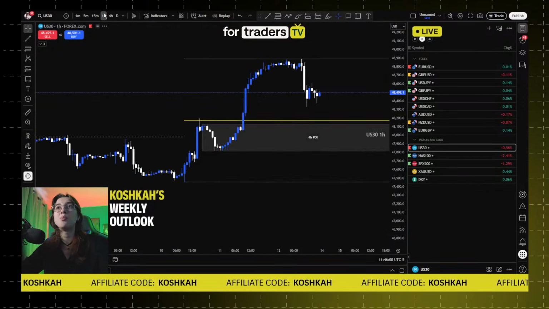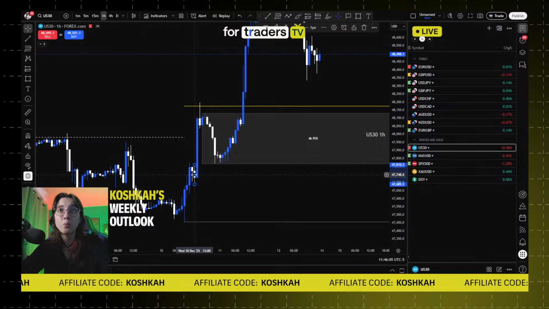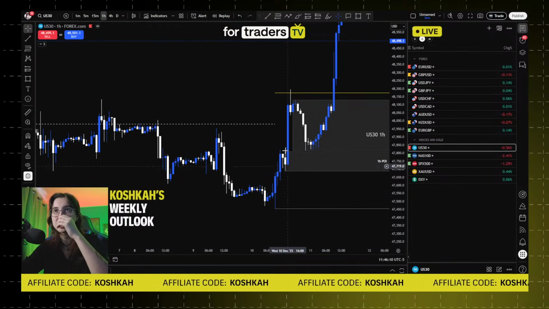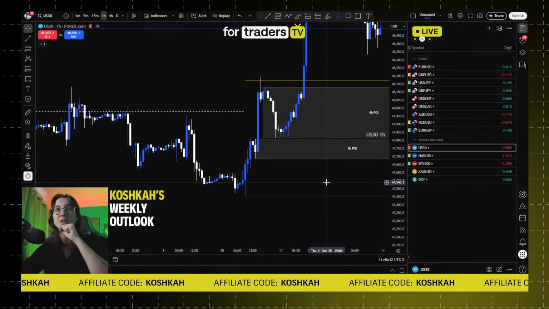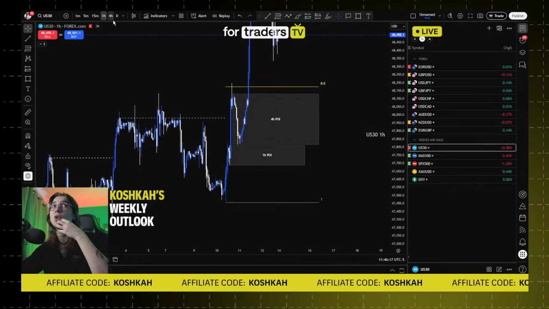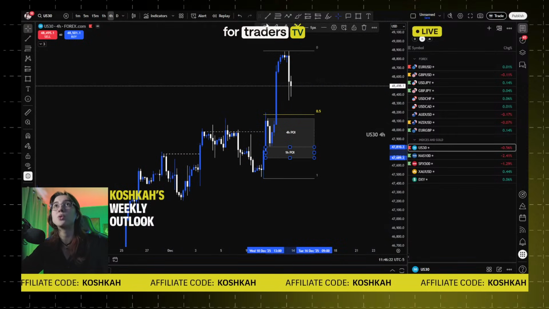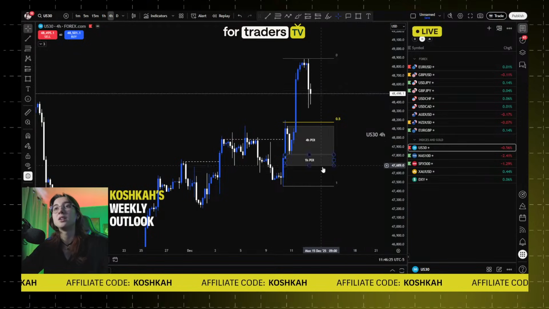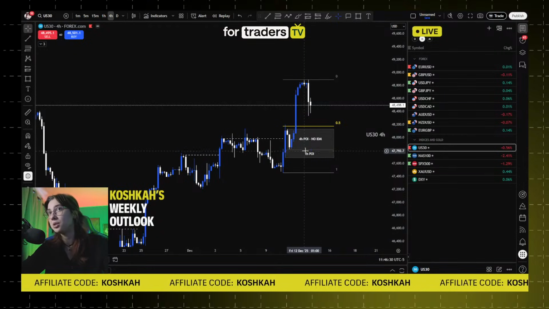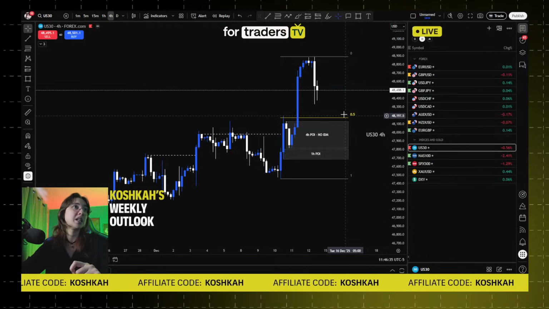So yeah, we have a 4-hour POI here, nothing above. Below the 4-hour we have this 1 hour right here. As you can see, we have this 1 hour POI exactly right here. And below that, we don't have anything else. So what is going on with US 30? Basically, we have this range with those two POIs. This one, however, doesn't have any inducement next to it. So it's a POI without inducement. And this one, however, does. So yeah, as you can see, that's perfect.